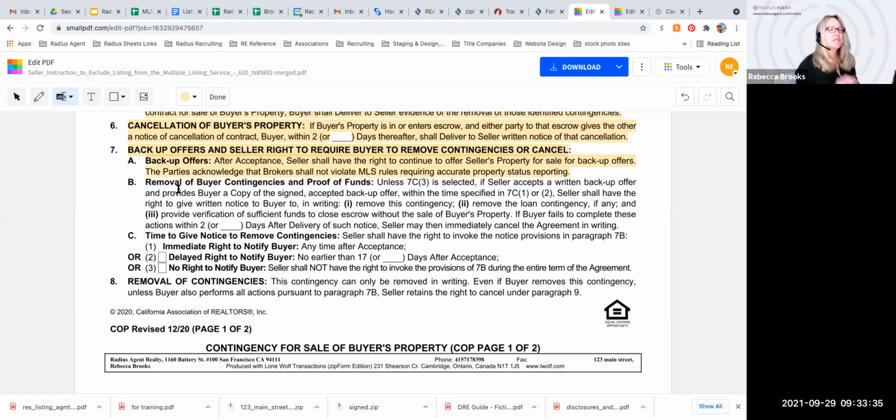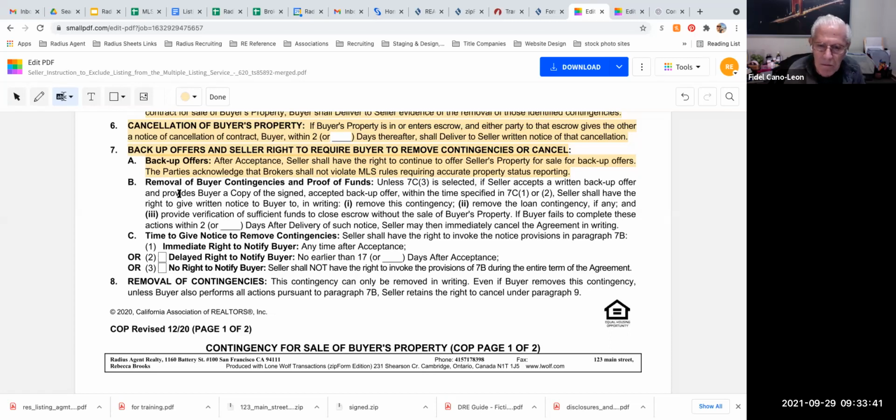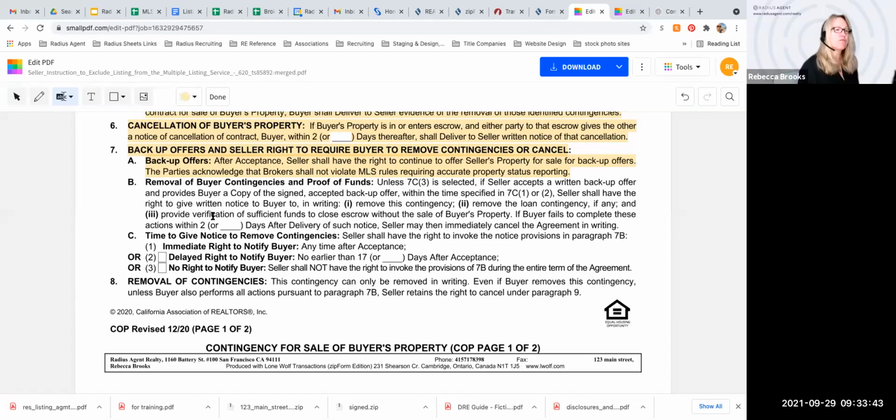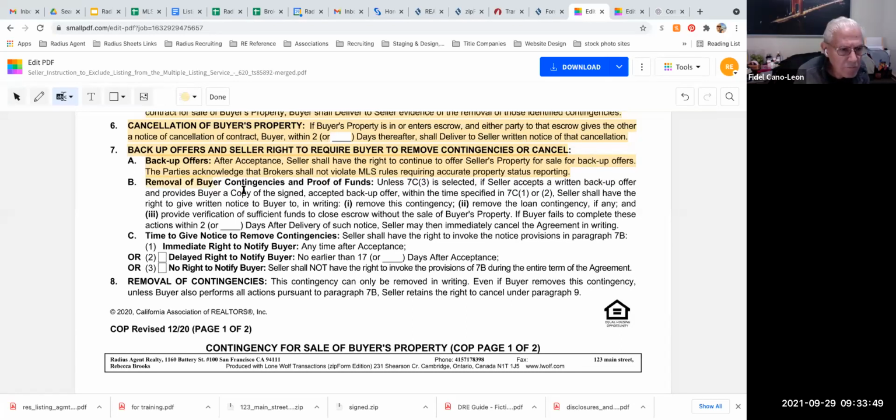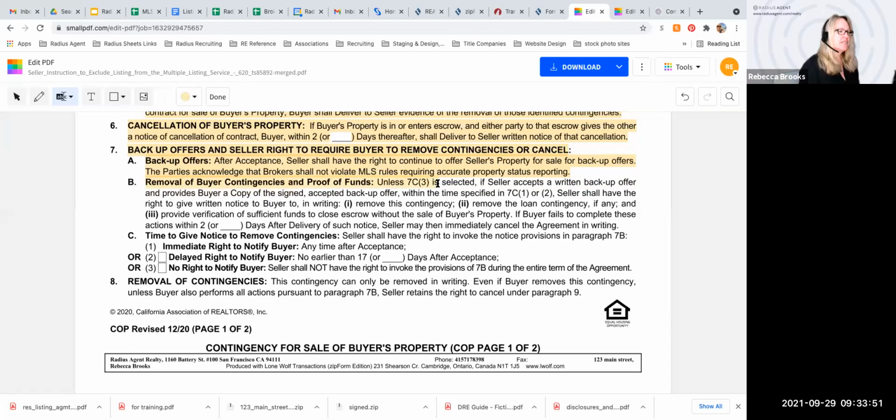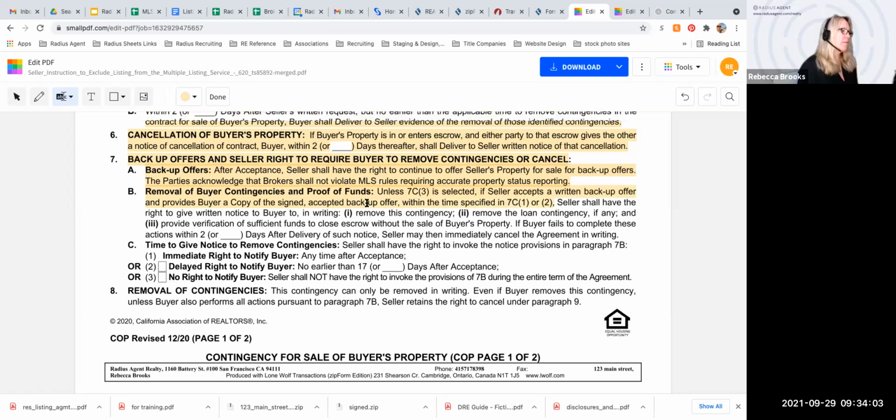Well, it's until this buyer removes this contingency. Oh, okay, so the next couple of paragraphs have to do with the right to continue to market the property. Okay, so removal of buyer contingencies, unless 7C3 is selected, if seller accepts a written backup offer and provides buyer a copy of the signed accepted backup offer within the time specified in 7C1 or 2,